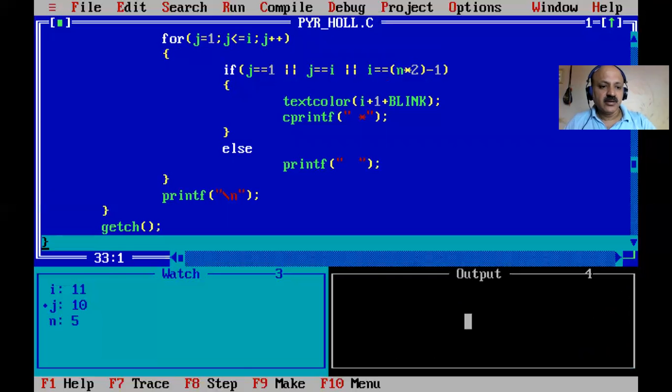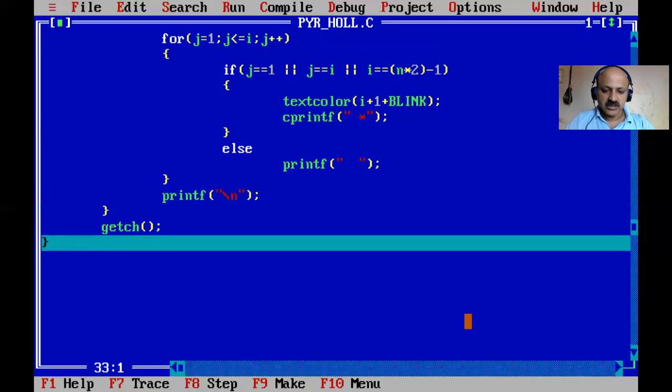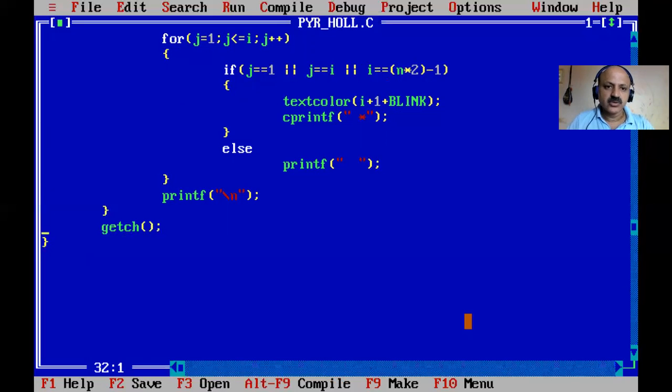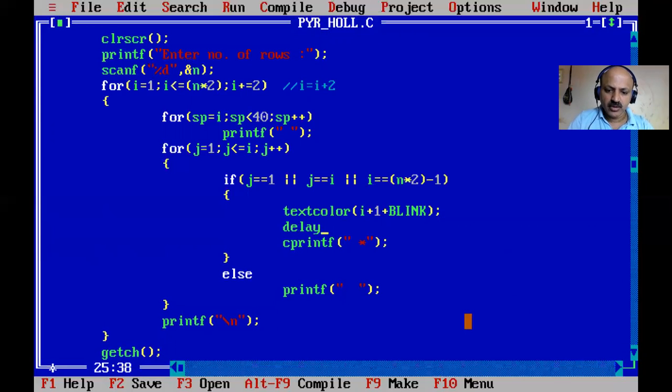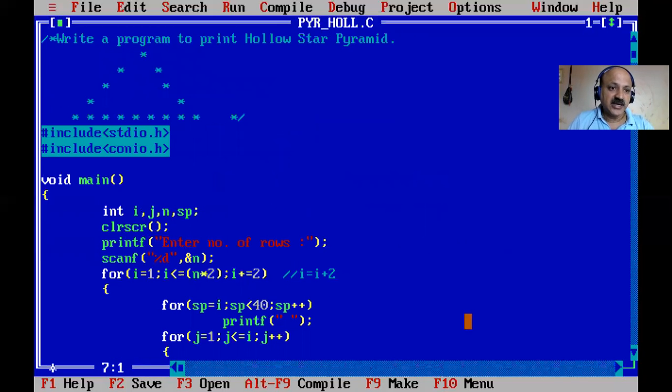We can also print that in reverse order, that is also possible. And you can also provide a background color or a delay function. First we can use the delay function. You have to know the dos.h header well, and I give 500. So the compiler waits and then prints. That is a delay. The function itself means the compiler waits, suspends for some time, and that comes from dos.h. If you cannot understand the meaning,